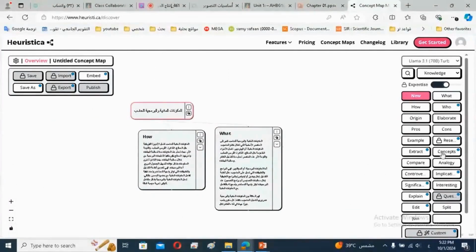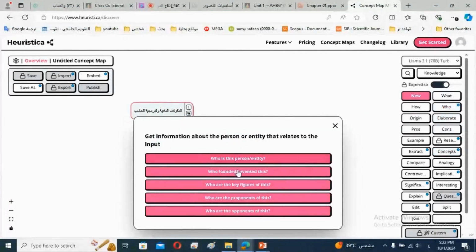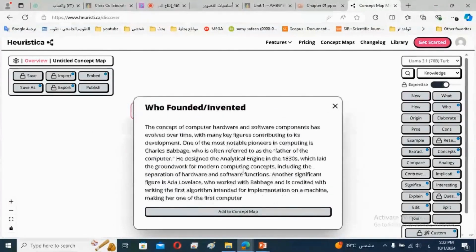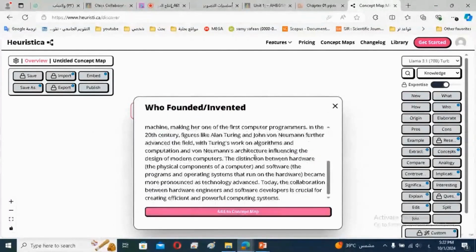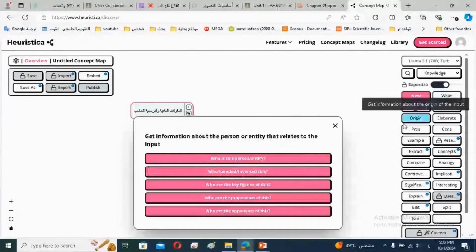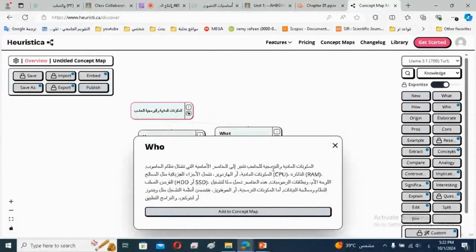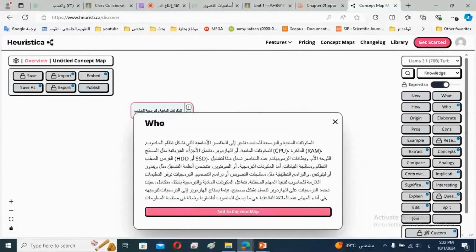So you have to stand here. So you can tell him, just say to him, who created or invented this? It gives you accurate information like that. The hardware and software components that fundamentally form the computer system, like the physical devices, such as the processor and RAM, okay? It provides you with information that comes from the main branch, like that. The one who created or invented this, so it gives you accurate information.